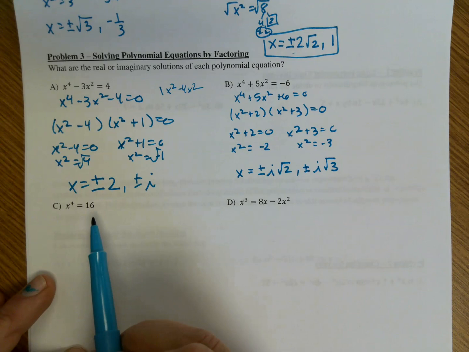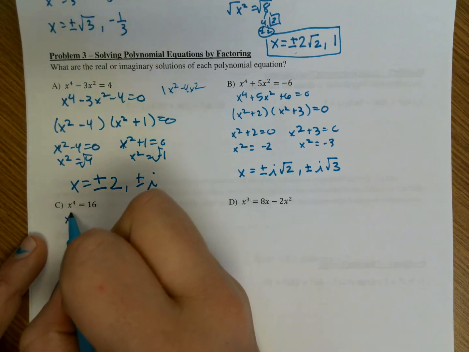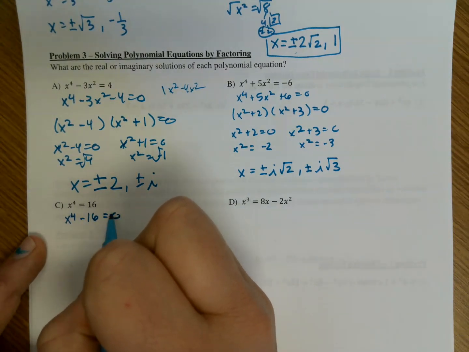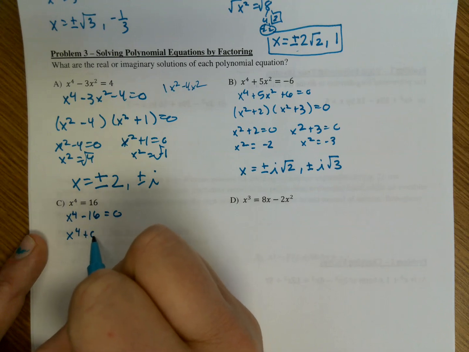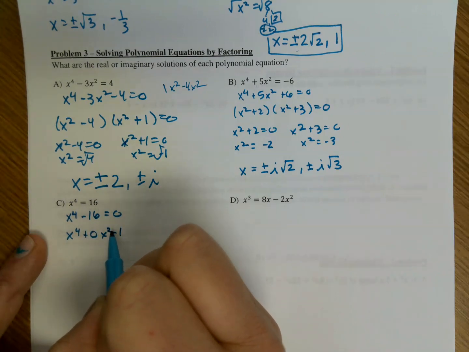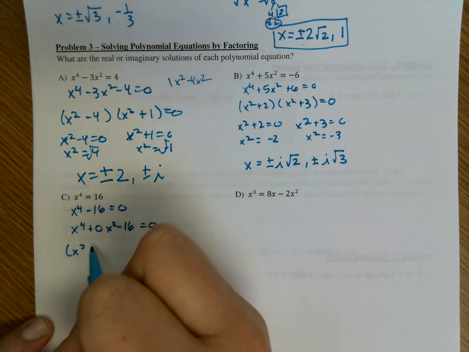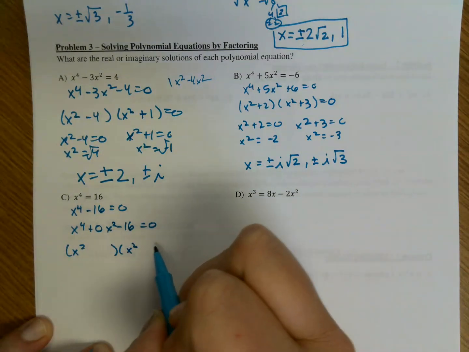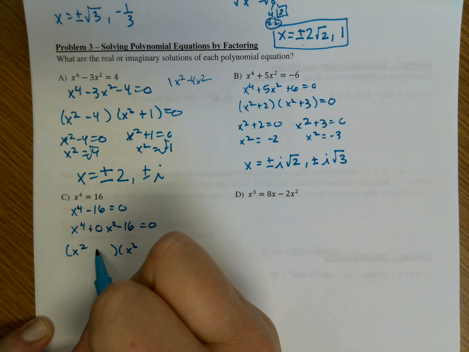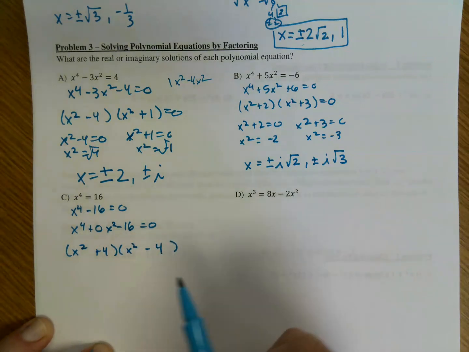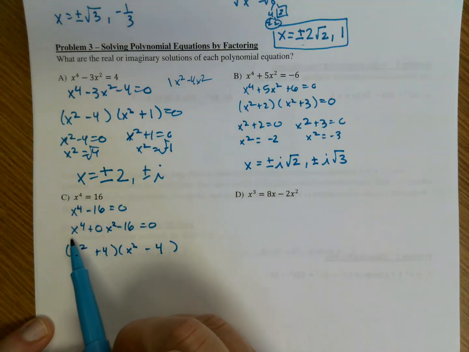Here, first thing I want to do is set equal to 0. If you do not, you're going to lose some answers. I could rewrite this if I wanted to, so it looks like this. And then this is just like how we have been doing. Two numbers that multiply to get negative 16 and add together to get 0 would be a positive 4 and a negative 4. Again, I'm splitting up with x squared